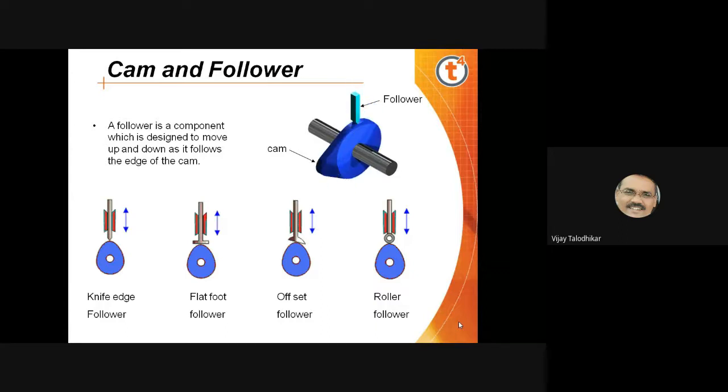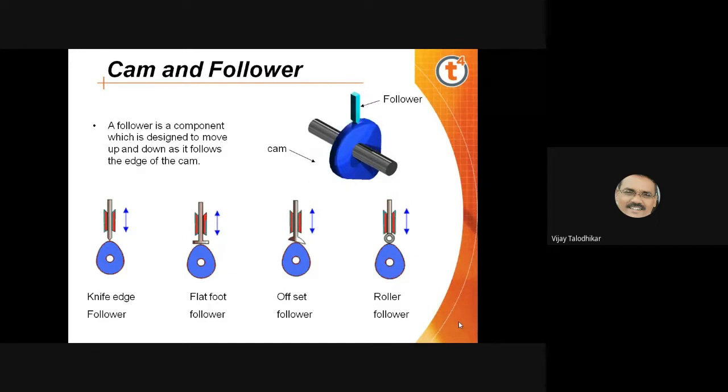Normally the cam follower mechanism can be radial or it can be offset. Radial means the direction of motion of the follower passes through the center of the cam axis.